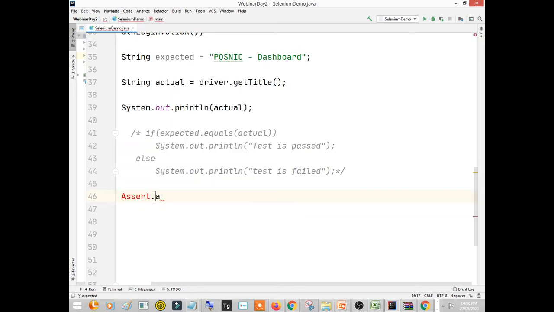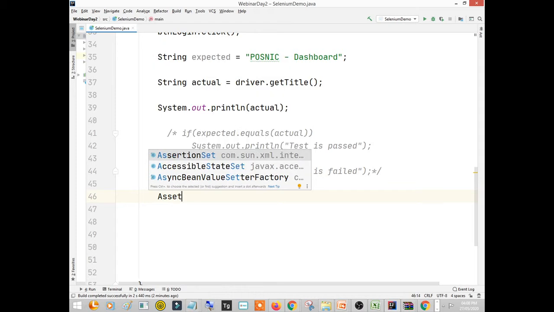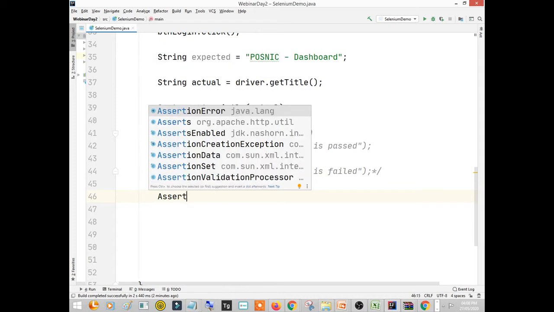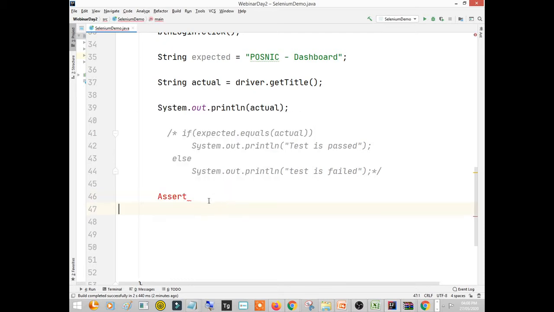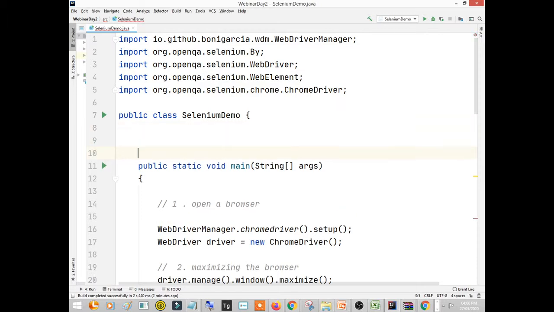Assert equals: these asserts will be from JUnit, so I need to import or set up JUnit as well. Actually, JUnit is not included. Let me just include it first.